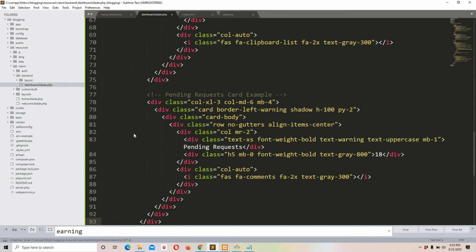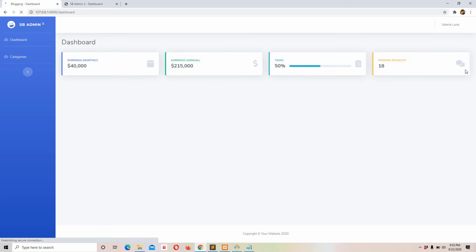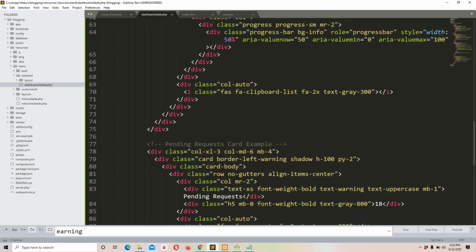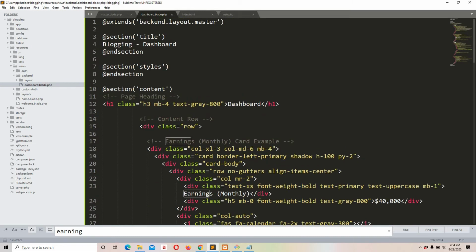Okay, let's refresh. Okay, so now you can see our cards are right here. Now in my case, maybe I'm going to use 8 cards like this, or maybe 6. If we are going to use 6, we can get, let's say, 3 cards a row. So for now I will keep it 8, and I'm not going to copy and paste the code. I will just use the loop to get multiplication of this row.